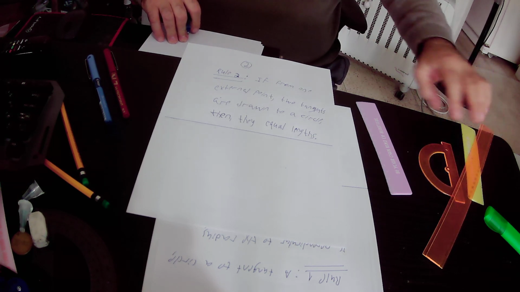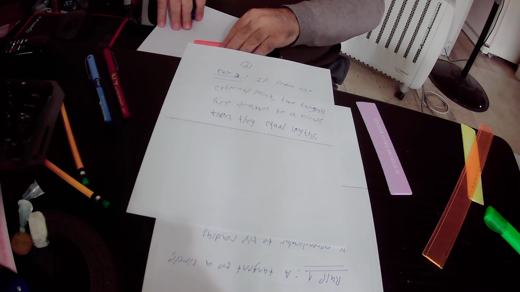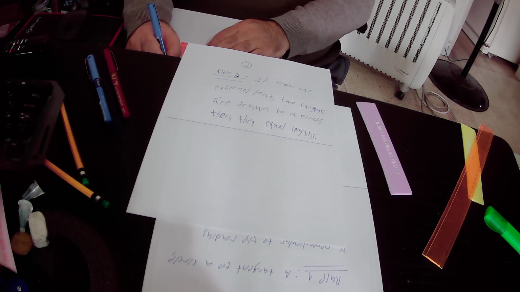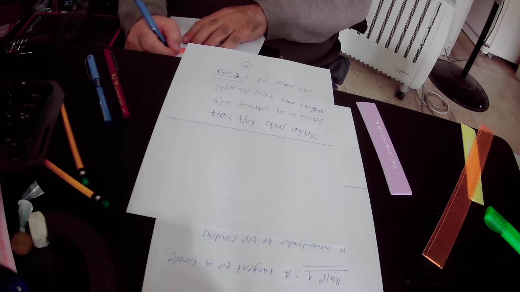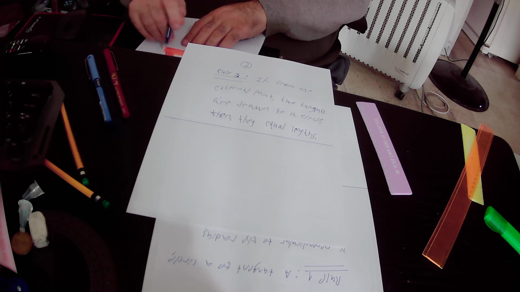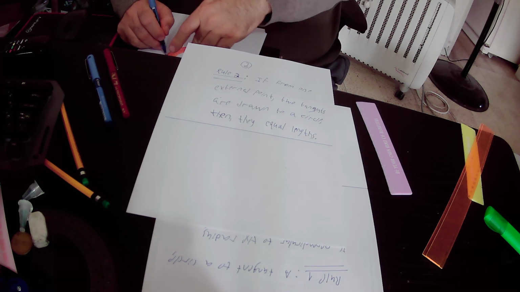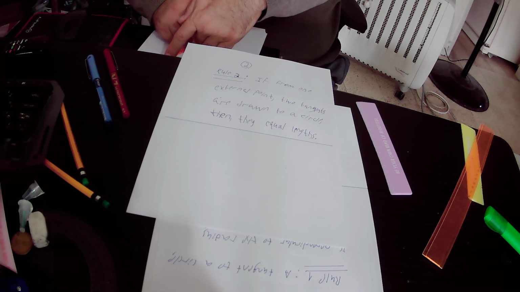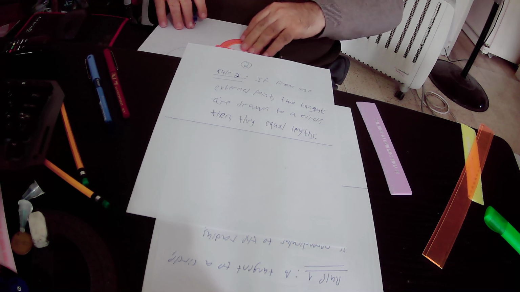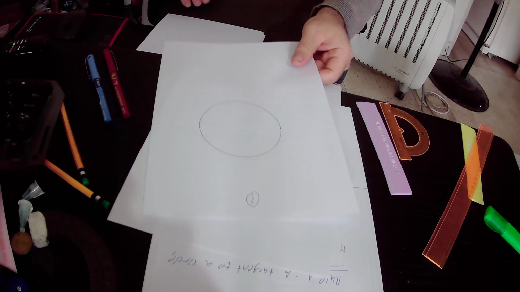Rule number 2 states that if you have a circle, that could be any circle,